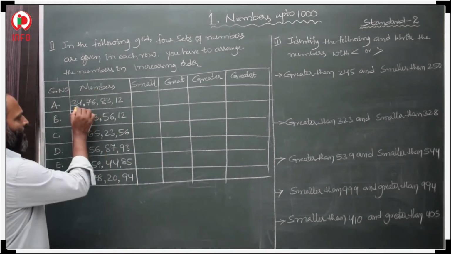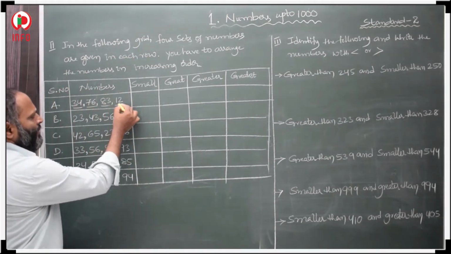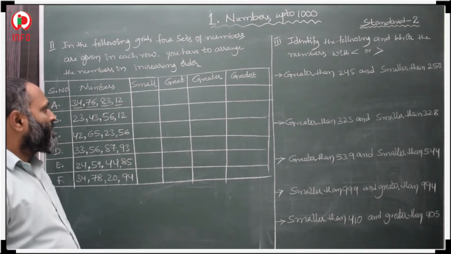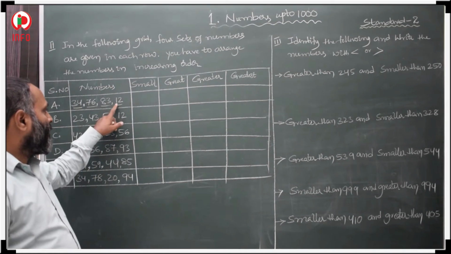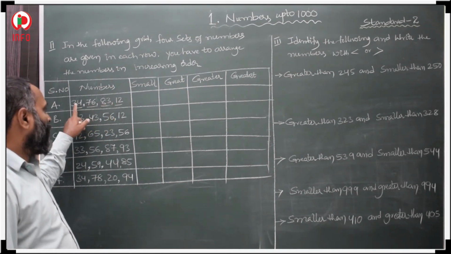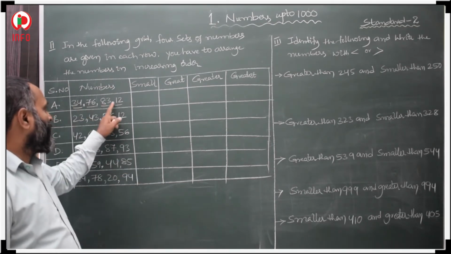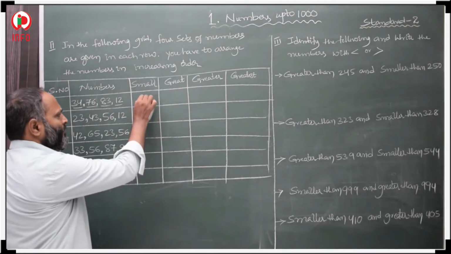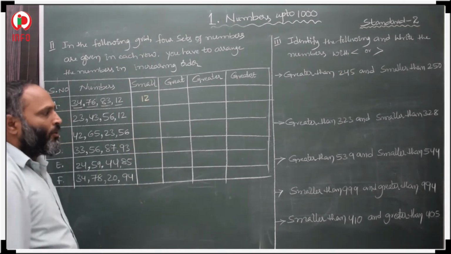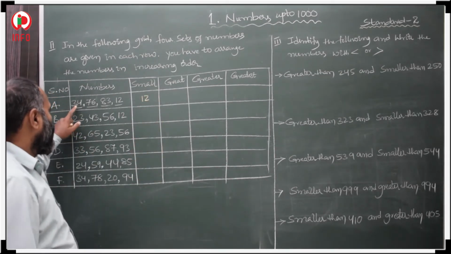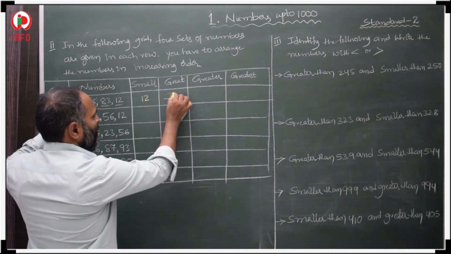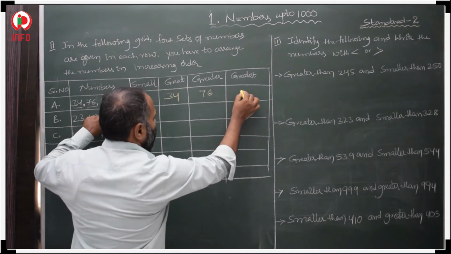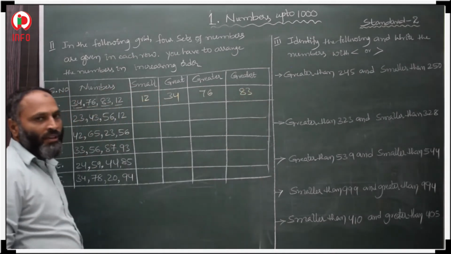So here, first, second, third, fourth. In these 4, first we have to choose which one is smaller. Here 12, 83, 76, 34. In the tens place 1 is there, 8 is there, 7 is there, 3 is there. It means 1 is small, that is 12 is small. Then bigger than this, the great number is 34. After this 76, and the greatest number is 83. In this way we have to arrange.